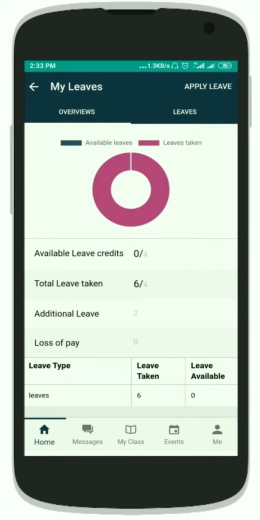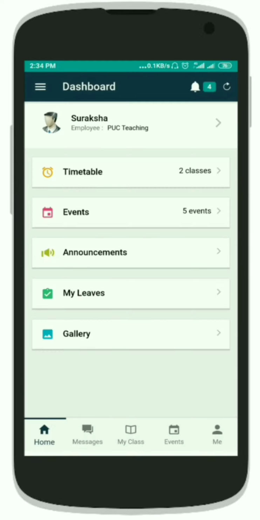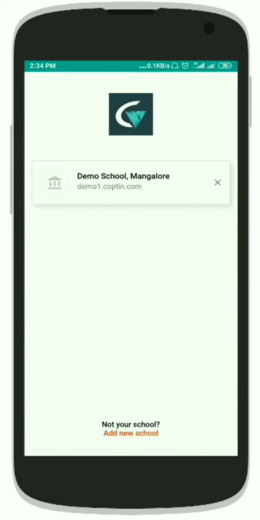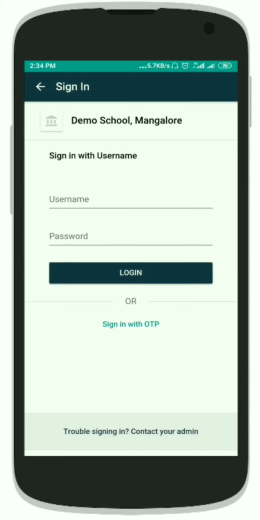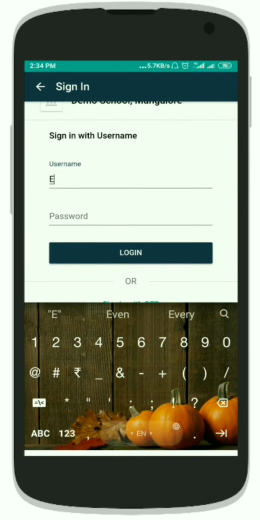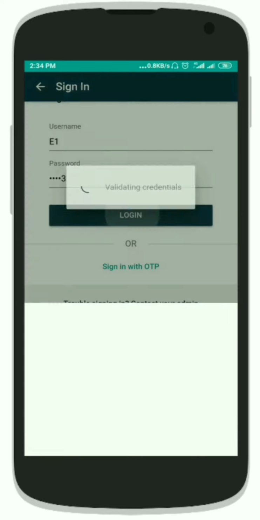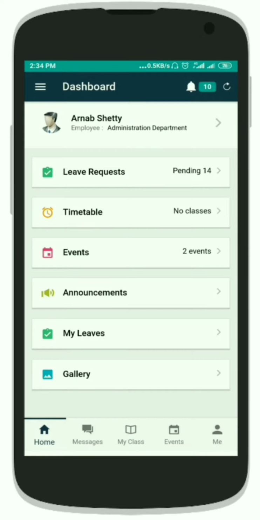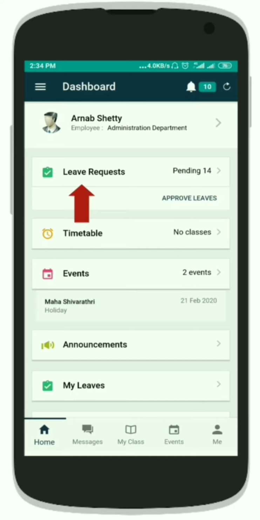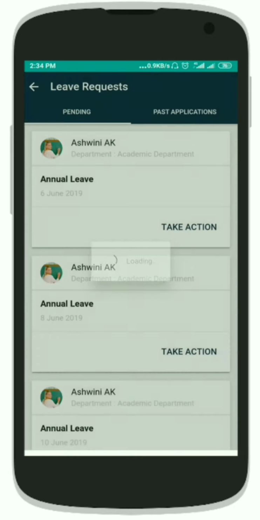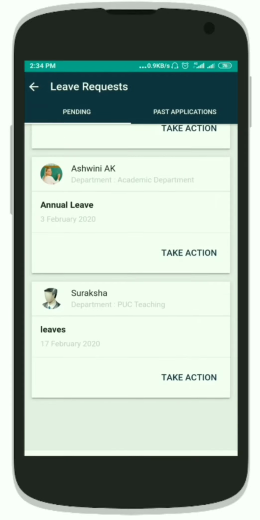So now this application will go to the manager. So we'll log in as a manager and we'll check how it will appear there. So I'm logging in as a manager right now. Here you can see that one extra field is appearing, that is leave request. Here you can check if you tap on the approve leaves. Here you can check the applications of the